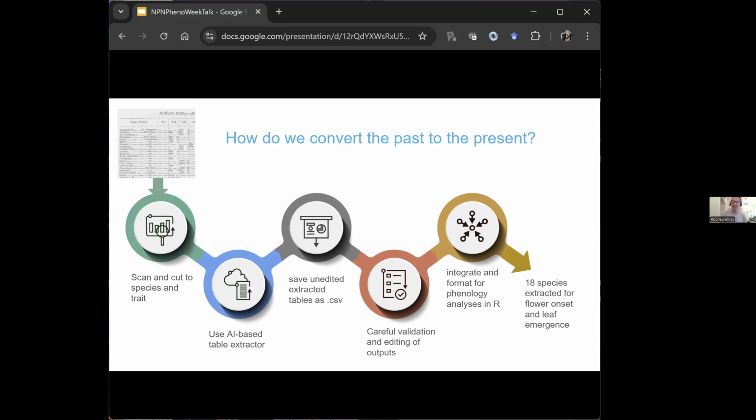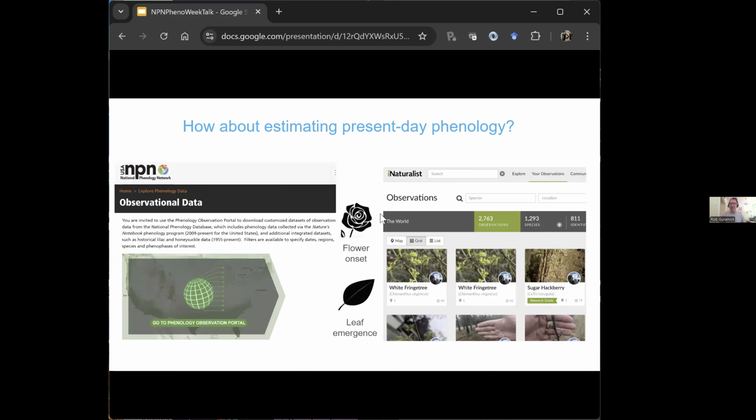Some of you might know what that is. So then, right, we have our integrated assembled data for the historical record. We need to think about how we're going to compare it to the present. And here's where we